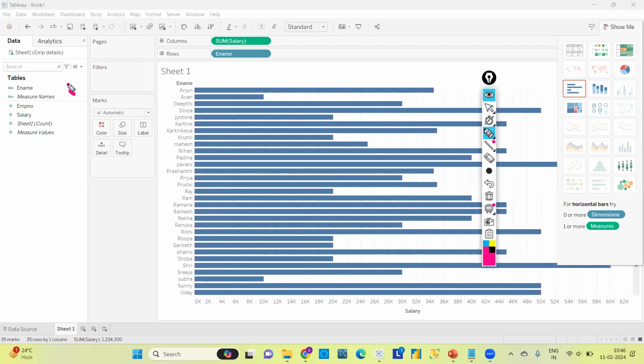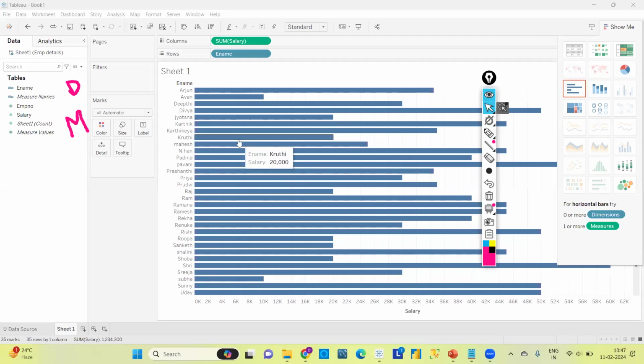See, this is dimension and this is measure, correct? So to create the first chart, we need only a dimension. If we select measures also, we can use that graph, or without measures also, by using only one dimension, we can create that text table. Okay. So now I selected this horizontal bar.